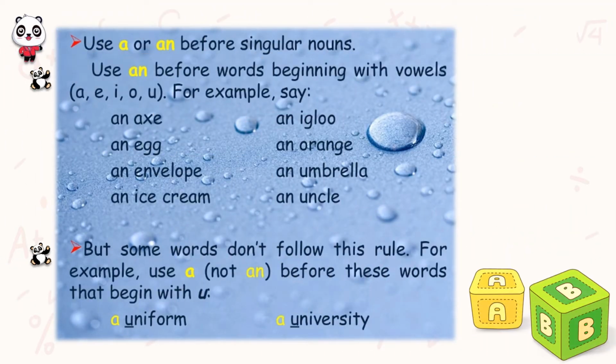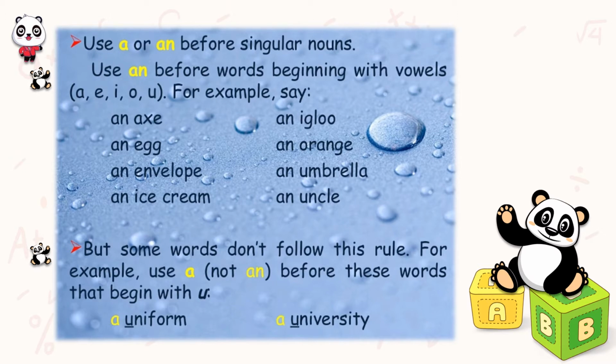Do you know about using a, an, before singular nouns? Use an before words beginning with vowels. What are the vowels? A, E, I, O, U. For example, an axe, an egg, an envelope, an ice cream, an igloo. Likewise. But some words do not follow this rule. For an example,